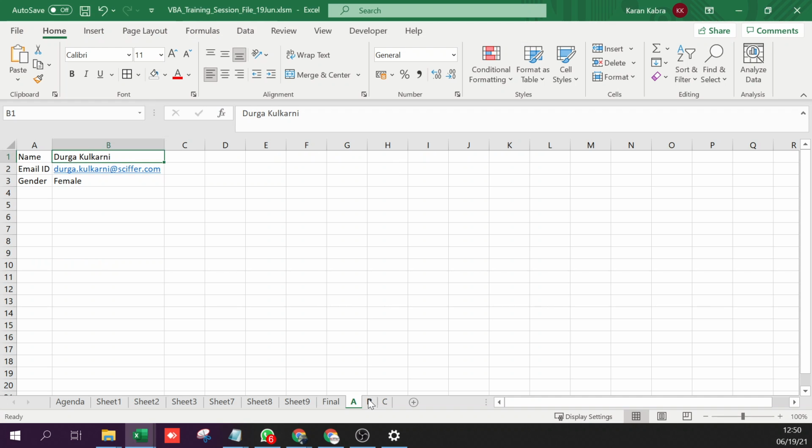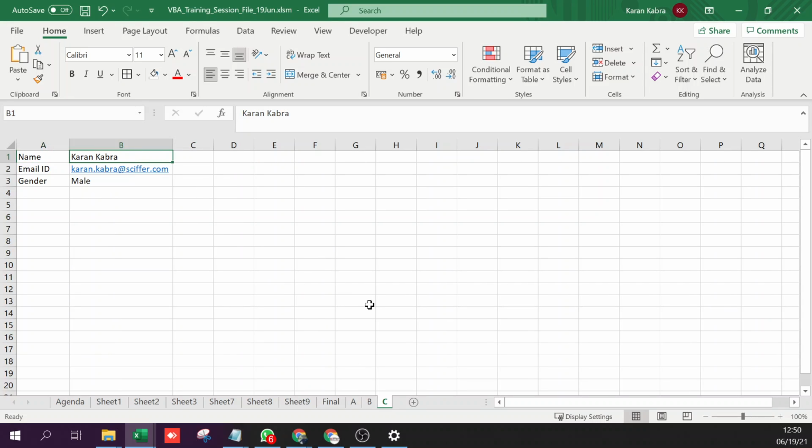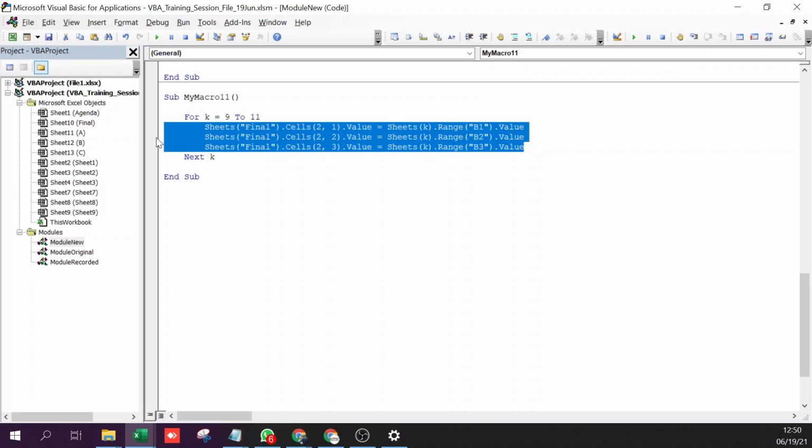Will this do the job? Will it read from all these sheets and put the values here? Let's try to check. Okay, no. Let me write another name here. Yeah, have to increase the row. Why do we have to increase the row if I only had 3 rows and I mentioned those 3 rows as 3 separate lines? You don't have to forcefully use a loop, right?